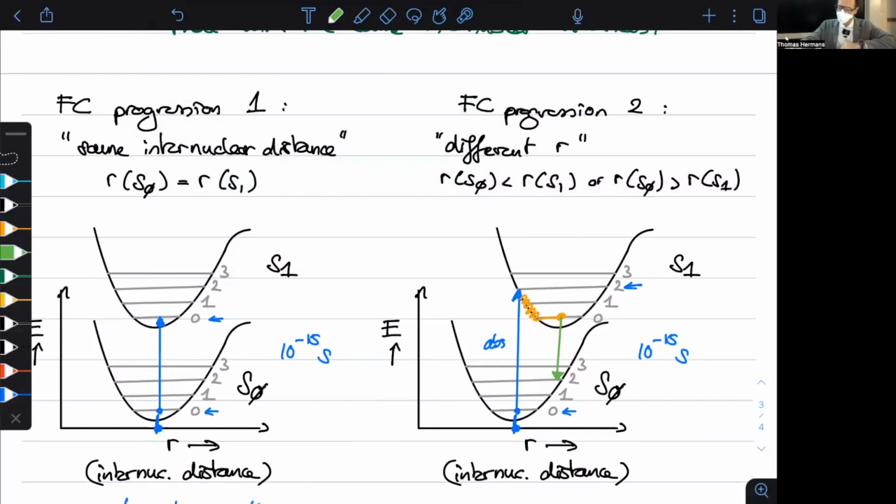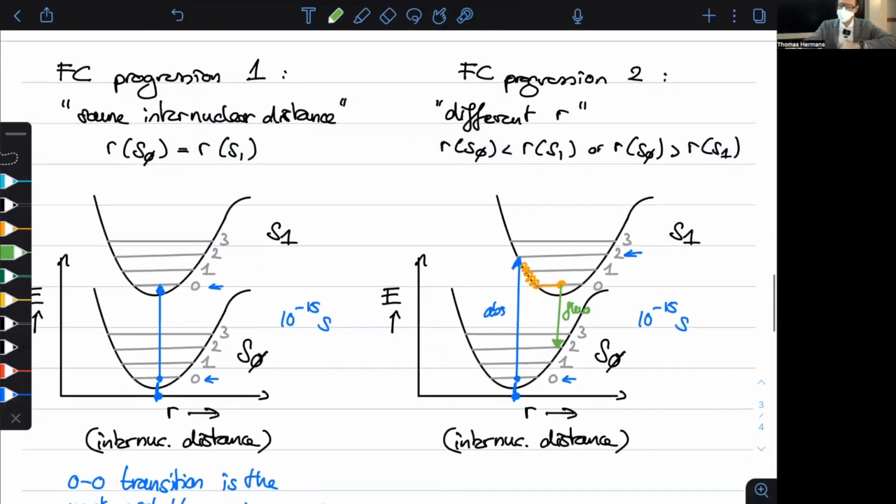And now we have fluorescence. And that, because of this Franck-Condon principle, that's the cool thing. So if the 0-2 transition was the most probable